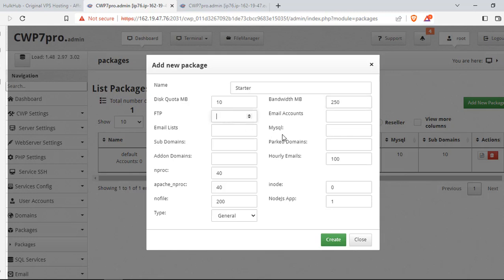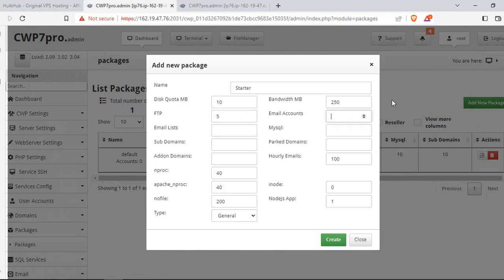Then you have your FTP, you can say 2. So you want to check what others are doing in the web hosting industry in your local environment, and then you want to match it. So for FTP, I can decide to say, okay, for this starter pack,